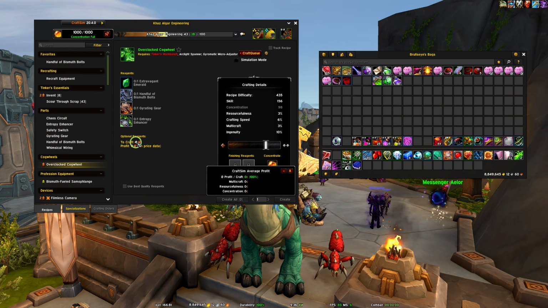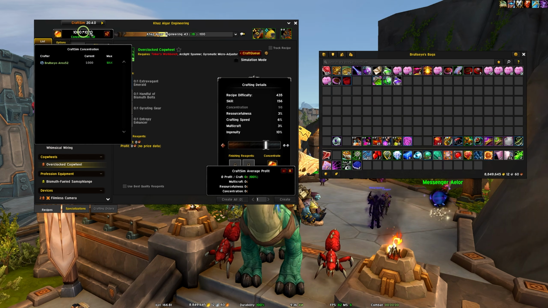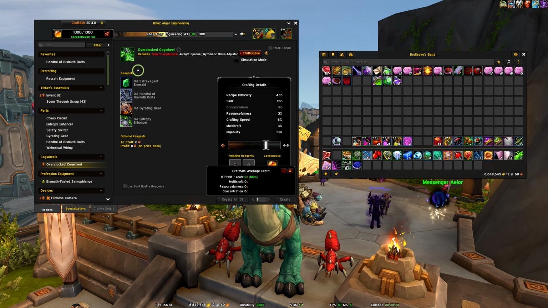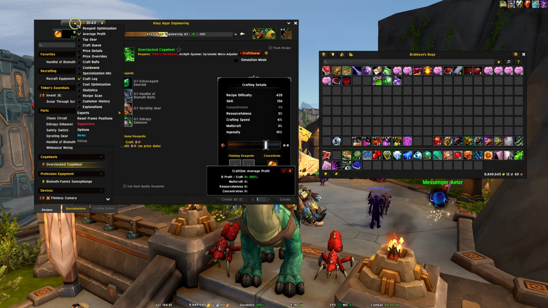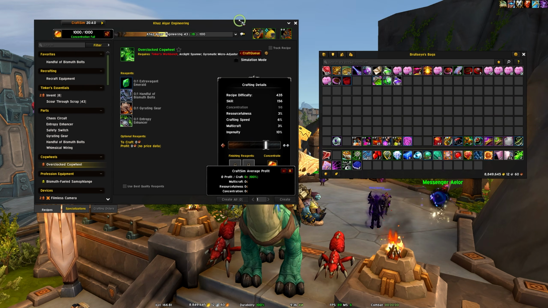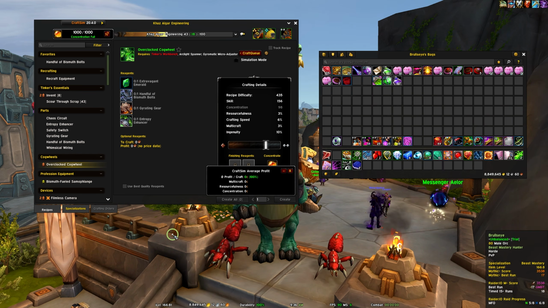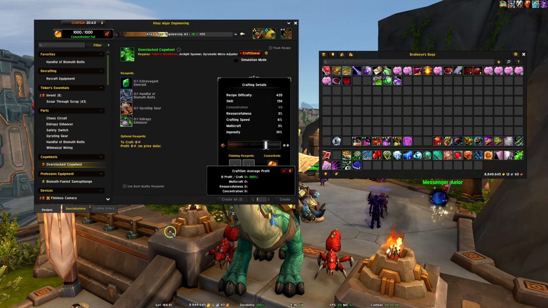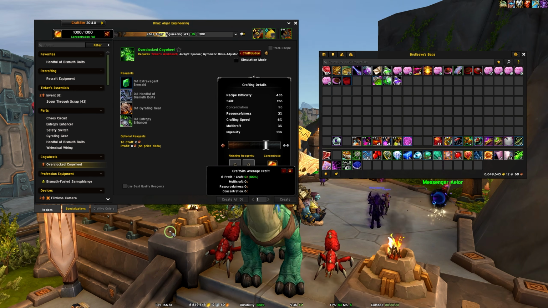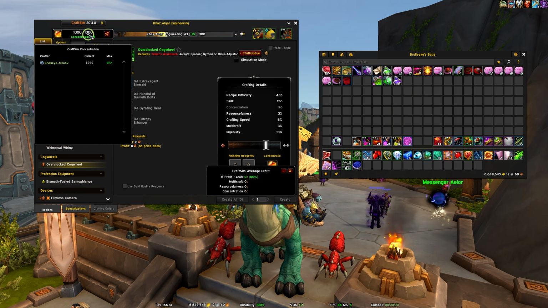But if you want to have an easier time making a little bit of profit at the early stages, the beginning of Midnight, download Craft Sim and dig into the settings, and it's very, very intuitive, very straightforward. I'm not an auction house guy. I'm not a crafter. I normally could not care less about this aspect of the game, but at the beginning of any expansion, when prices are high and players are ready to rock and roll, you can make a pretty penny by using this add-on, crafting some stuff, flipping it on the auction house, and again, being able to see every character's concentration level on your account is quite nice.